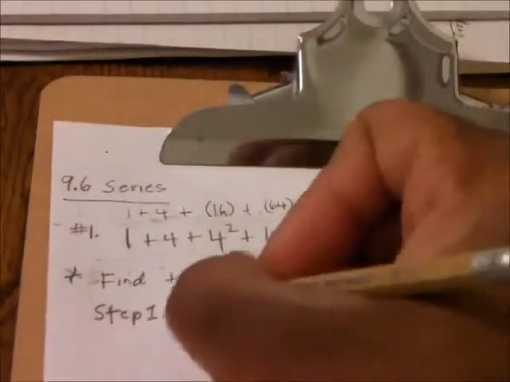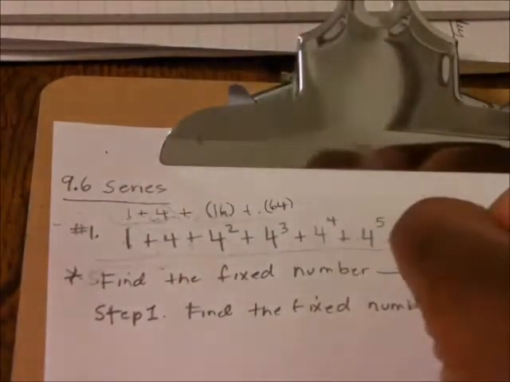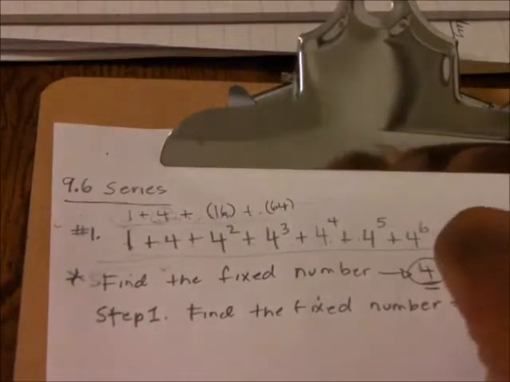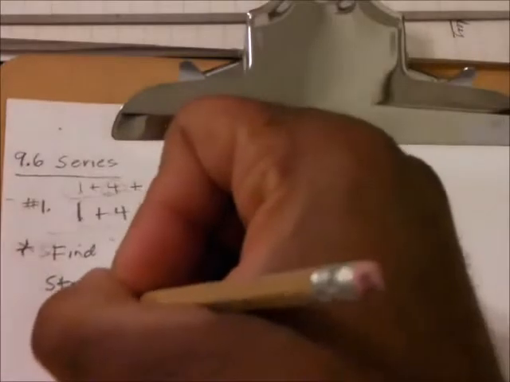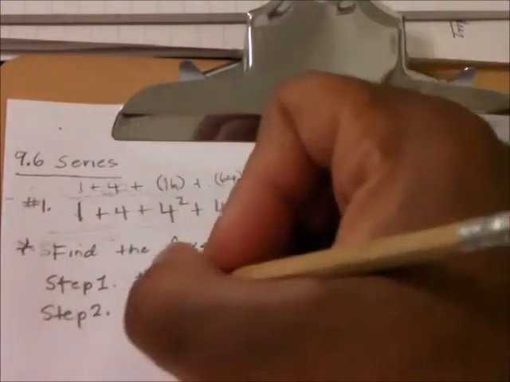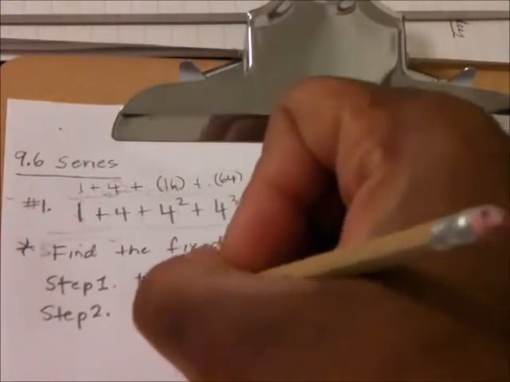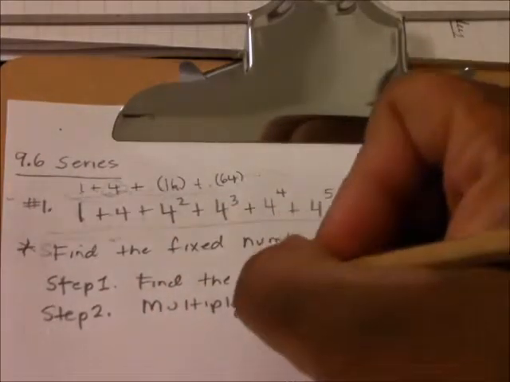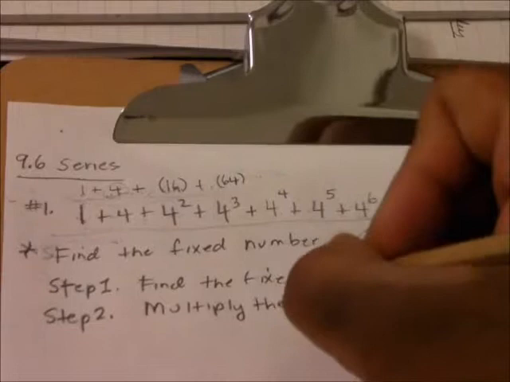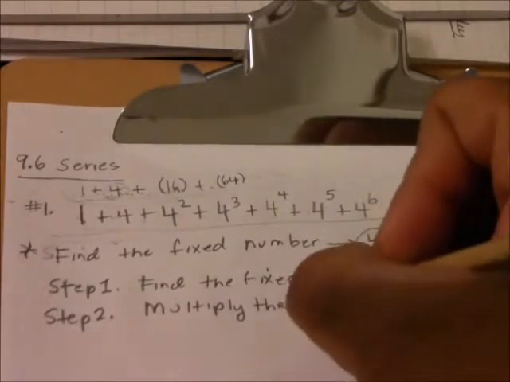We already did that, and it is 4. Now step 2: multiply the fixed number